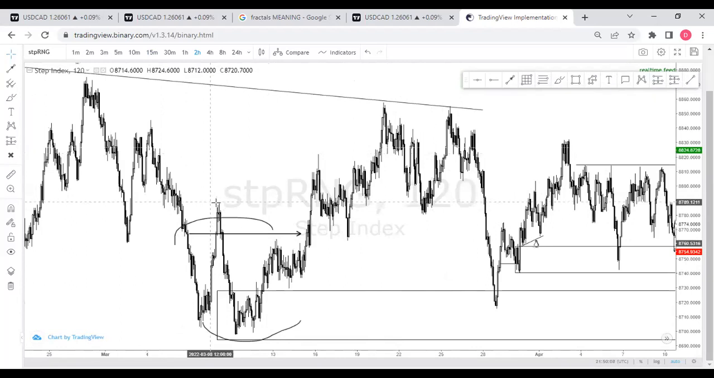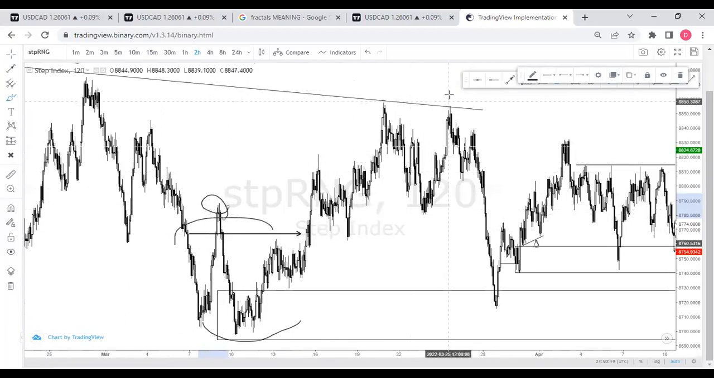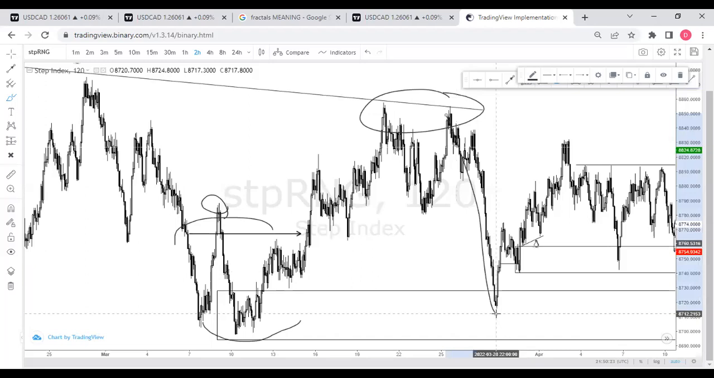So let me explain this. We had this break of structure here, right? This break of structure, price closed above, gave us this high, and then came back all the way into this region, and then gave us this push up. Now, when I saw that push up,